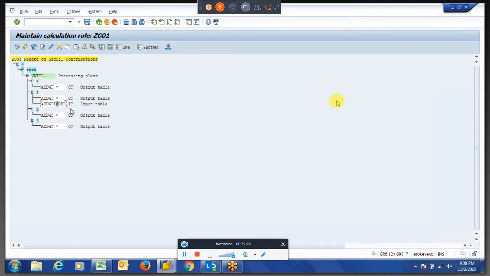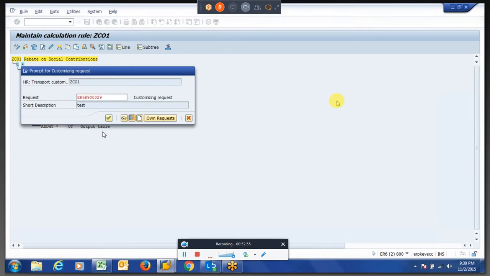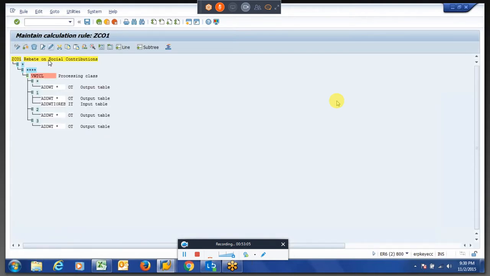So the same PCR, if there are some errors. Here we didn't specify any processing class. So after this function, we have to give the processing class. For that particular processing class, it will check the specifications. The waste type we are exactly going to check is stored in the RT table.